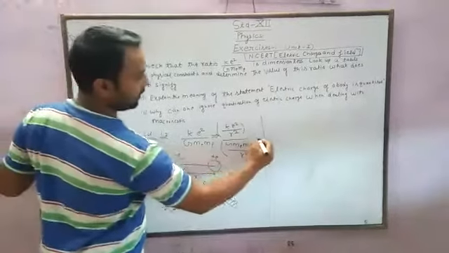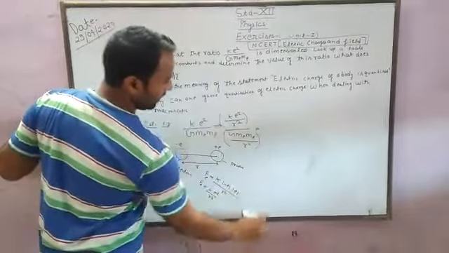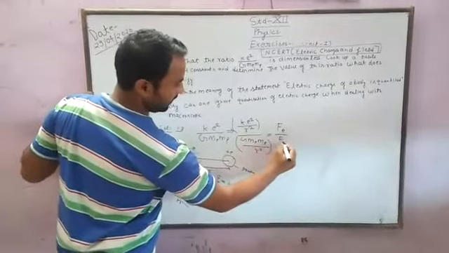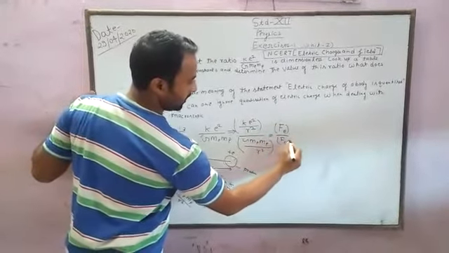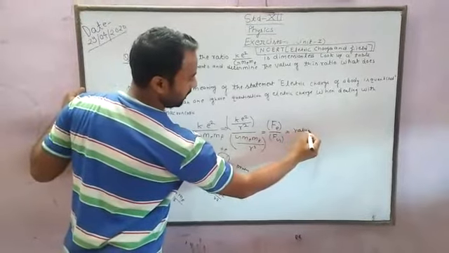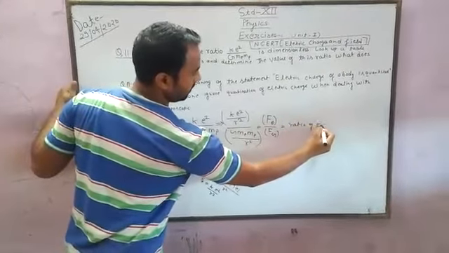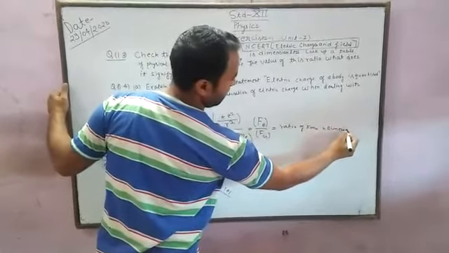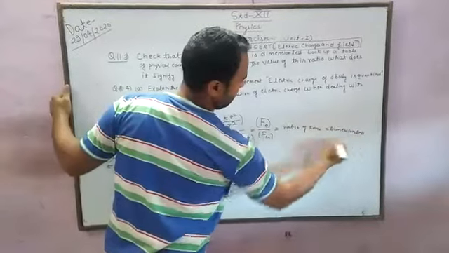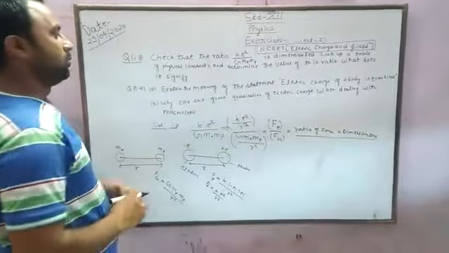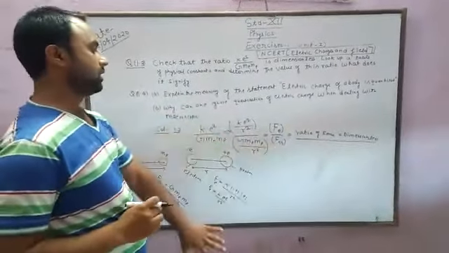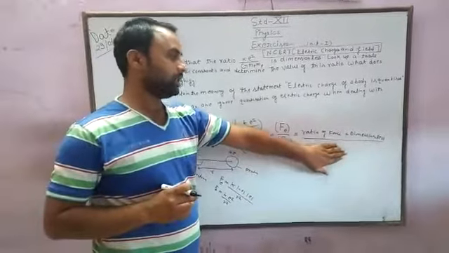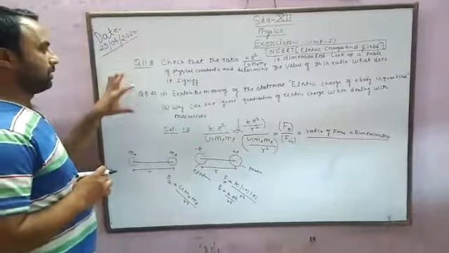Here we see that this is the electrostatic force and this is the gravitational force. It means this is the ratio of forces, so it is a dimensionless quantity. We had to prove that this factor is dimensionless, where this is a force and this is a force, so the ratio of the forces is hence a dimensionless quantity. This is question number 1.3.